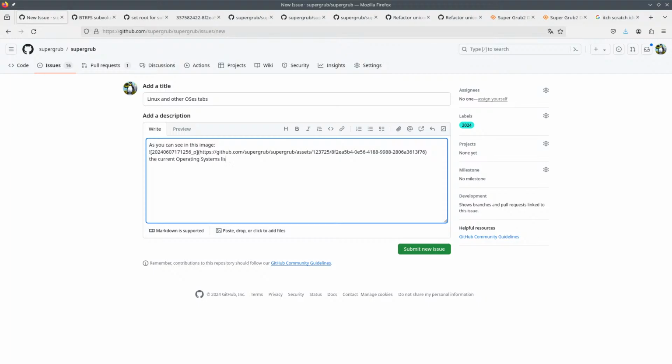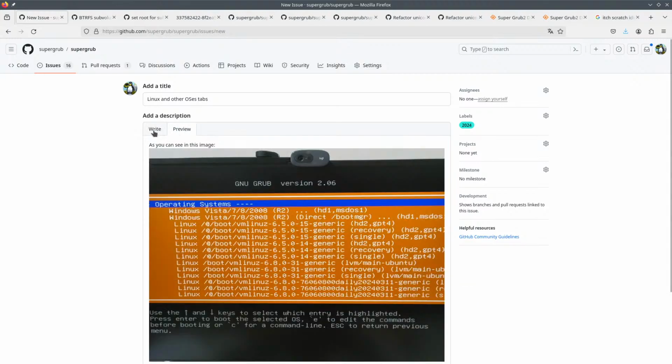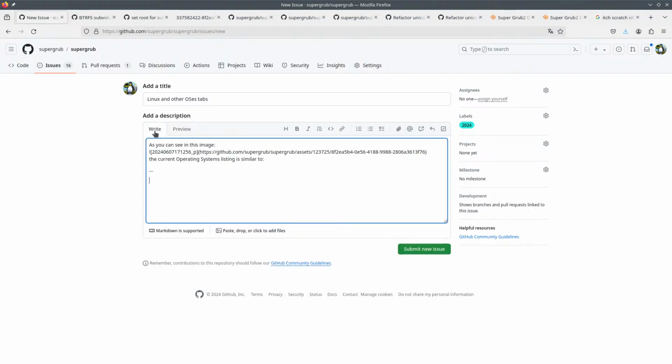the current operating system listing is similar to this, and then we do these operating systems. Okay, let me see. Operating systems. Then is 134, so it's under the R. So this is Windows. And then is 1, 2, 3, 4 Linux. They should be in the same,